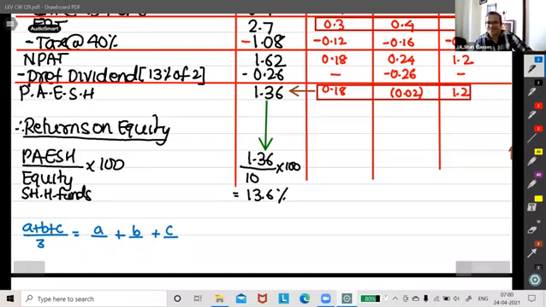Right? See, this is what I wanted you to understand. Okay, so this would be A upon 3 plus B upon 3 plus C upon 3. Good, excellent. Same thing I'm going to do now. How, sir? See,